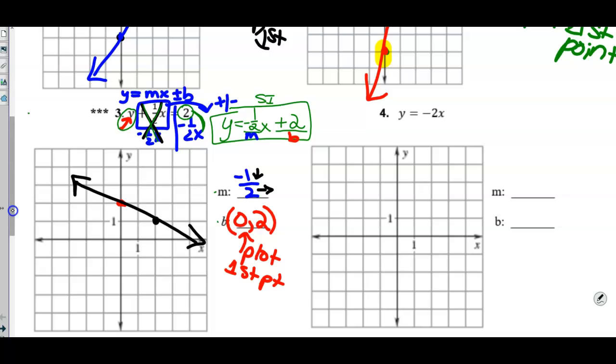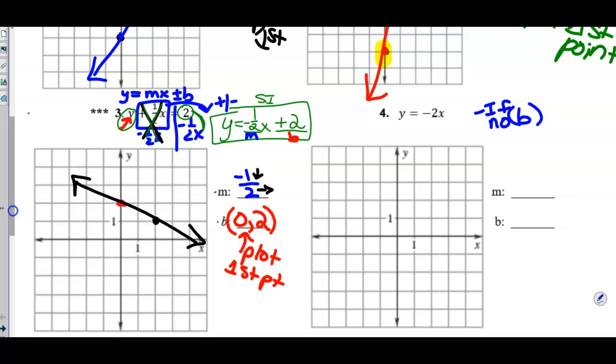All right, and then number 4 looks a little bit different, but we talked about this previously. If it's in y equals mx form, that's okay, because what that means is if there's no extra number, that means our b is actually 0, 0. So it's like having a plus 0, but we don't write plus 0. So we don't write it, but we should know